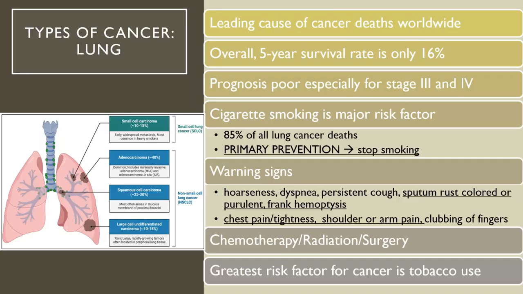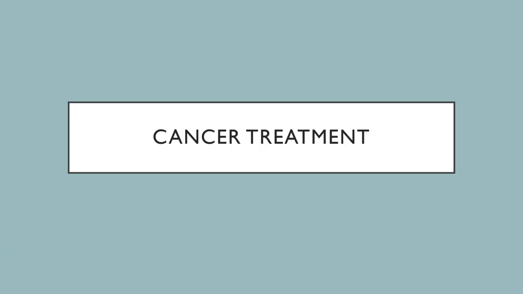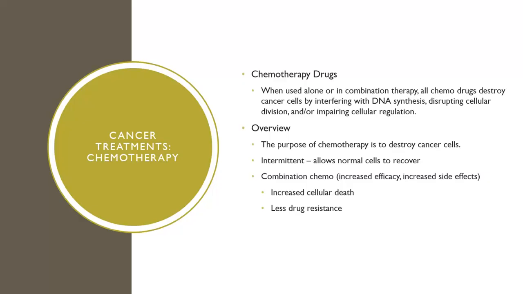Now, we've come a long way, thank goodness. We do scans on patients that have been smokers for, I think, greater than 10 years. You can go get an annual body scan done to make sure that you don't have cancer, because lung cancer is hard to catch. We kind of play it off as, oh, it's just asthma, or oh, it's just upper respiratory infection, and really it could be like a fibroid, who knows, but it's harder to detect.